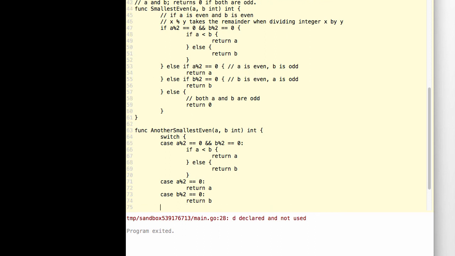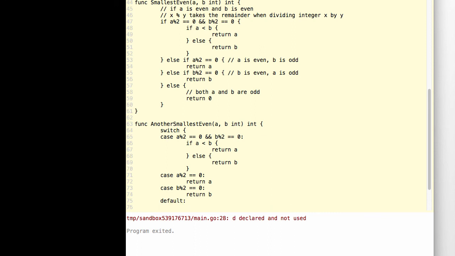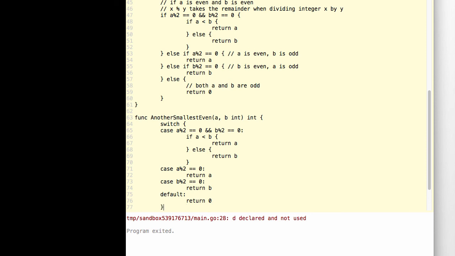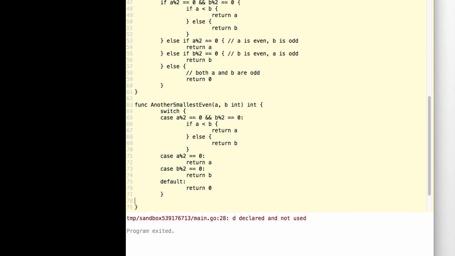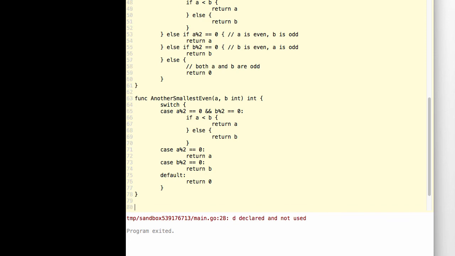And then we need a default case, and the default case is essentially the else. So in that case we return 0, and we need a closing bracket to indicate the end of the switch, which I already actually had in there. And so that's just a slightly different way of doing if and else if. Another example of this would be something like, say we wanted, and here's an example of where it can be useful. Say we wanted to write some function keyday